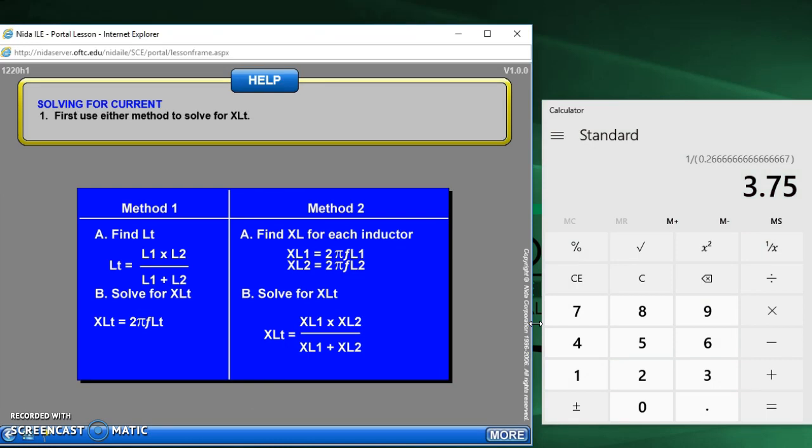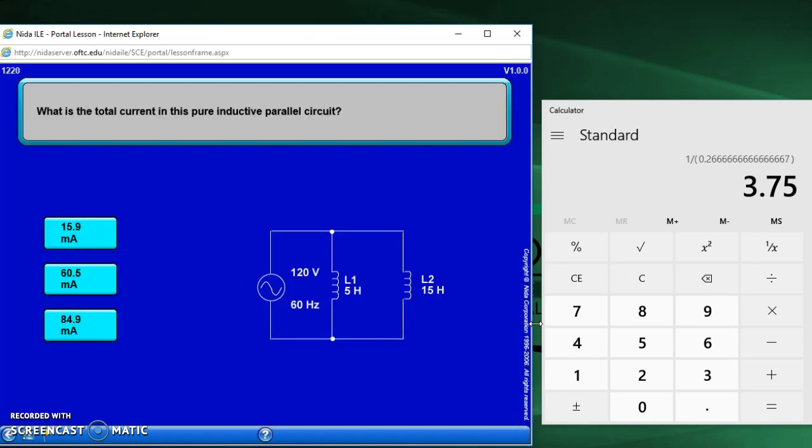So we found L total, which is what we just did, and this will give you some insight into what you need to be doing. So just make sure you're using that question mark anytime you have questions. So L total equals 3.75 henries. So now we've got to get X of L